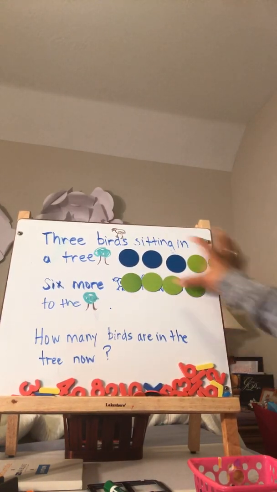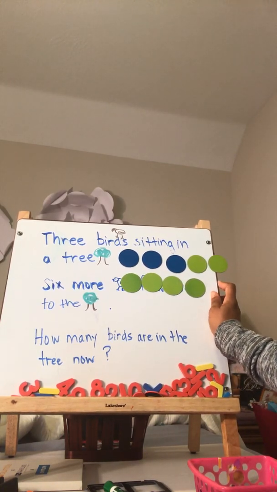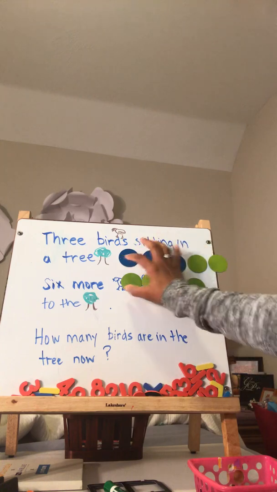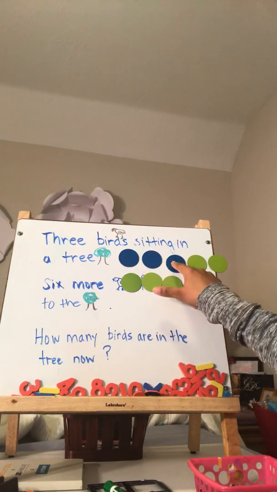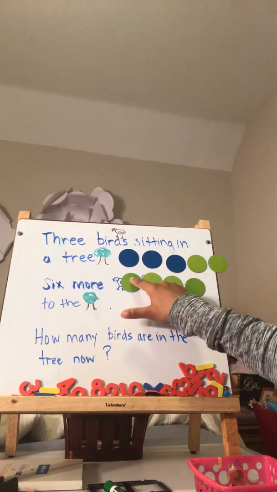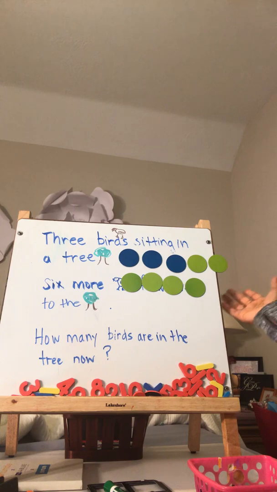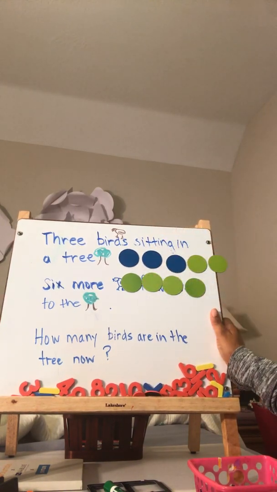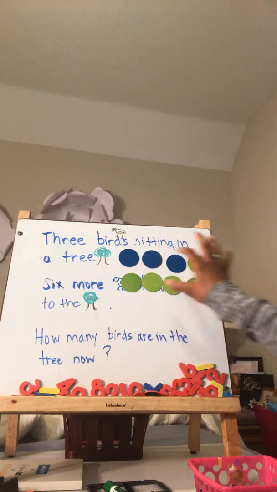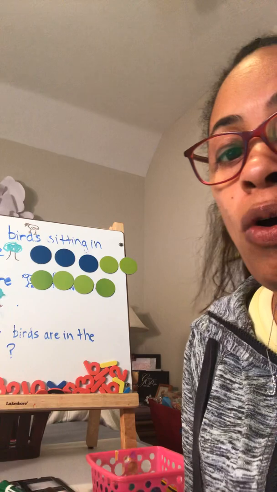So, if I had a 10 frame, I would know that this number is 9. I could supersize. How many birds are in the tree now? I just count all of those dots, and that would tell me what number? 3, 4, 5, 6, 7, 8, 9. Right. If I don't have my 10 frame, it might be hard to supersize. Or maybe if I just put them in this arrangement, I can supersize. But either way, I have all my dots that help me count and know that 3 plus 6 more equals